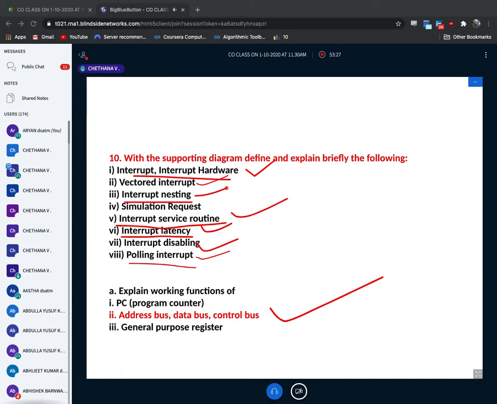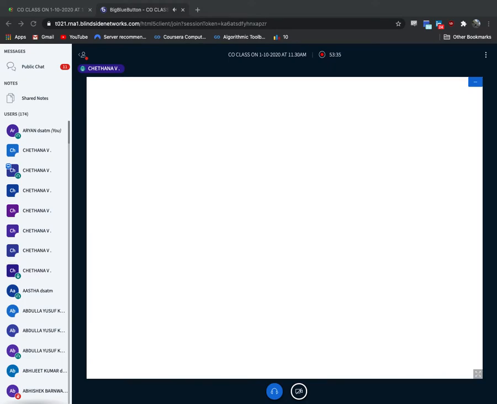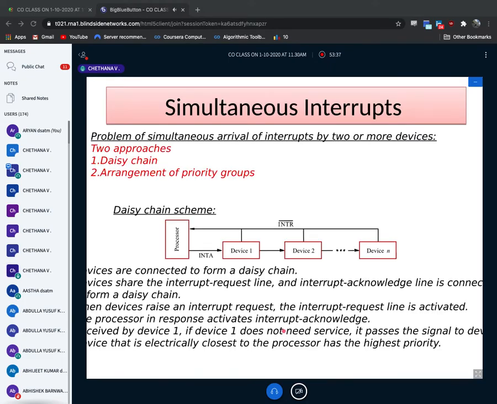Vector interrupt got over, isn't it? Very simple. Nothing to worry. So I'll take you to the next concept after nesting. What is the next one? Let's see. Very simple. You should have a flow. Everything is connected to each other actually. One processor, many number of input-output devices. With that, how to provide service. That's all about your interrupt.